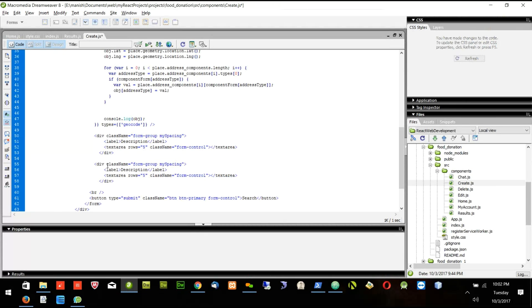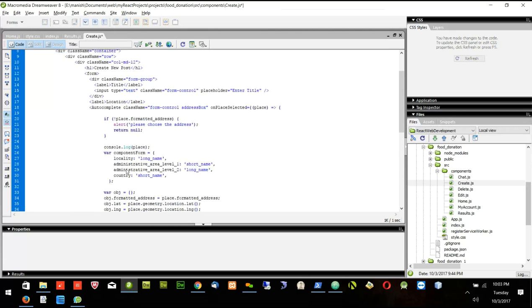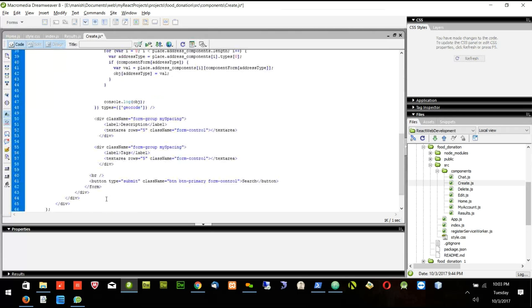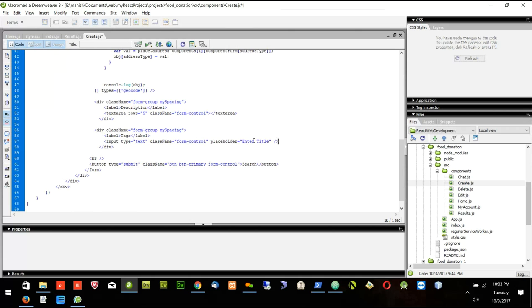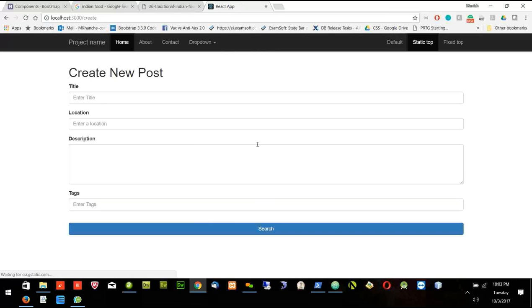So what fields do I want? Maybe I'll say tags. The user will put the tags, which will be helpful for me in searching. So I will be getting the tags. I'll tell you what exactly tags are. For example, if the user puts Chinese breakfast, these comma separated tags will be put by the user, and based on these tags we will do the